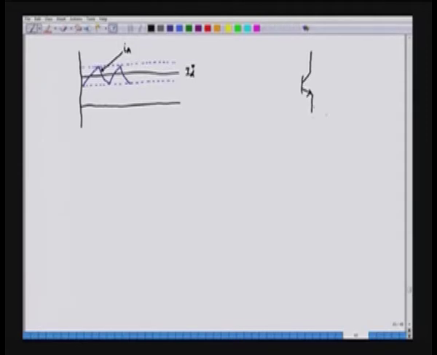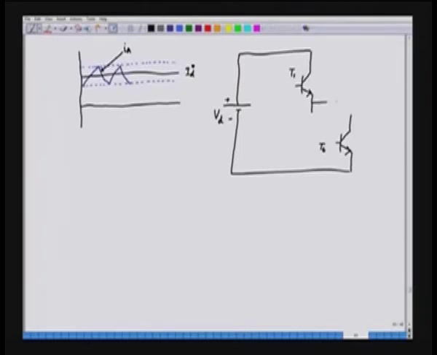One switch is here and other switch is here, and we have a DC source which is present here, that is VD. We have T1 and we have T6, and this is connected to phase A, and we have phase B which is connected to